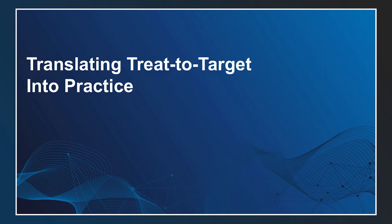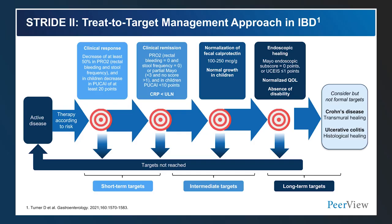Thanks, Jordan. You set the stage incredibly well, and I'm so pleased to be here to talk to you all a little bit about how we can optimize the care of our patients and really improve their long-term outcomes. And that's truly by, as Jordan mentioned, ensuring that we're not only improving symptoms, but that we're also really healing the patient's bowel. So STRIDE 2 really taught us this strategy, where when you have a patient who has active